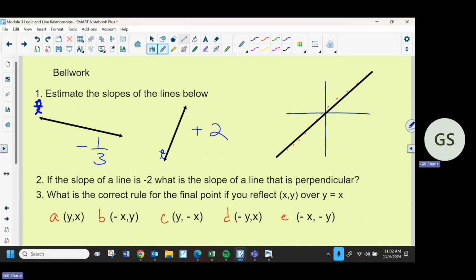All right. So we did this last week. We're going to actually do it again, so I'm going to go pretty fast. If we know the slope of a line,